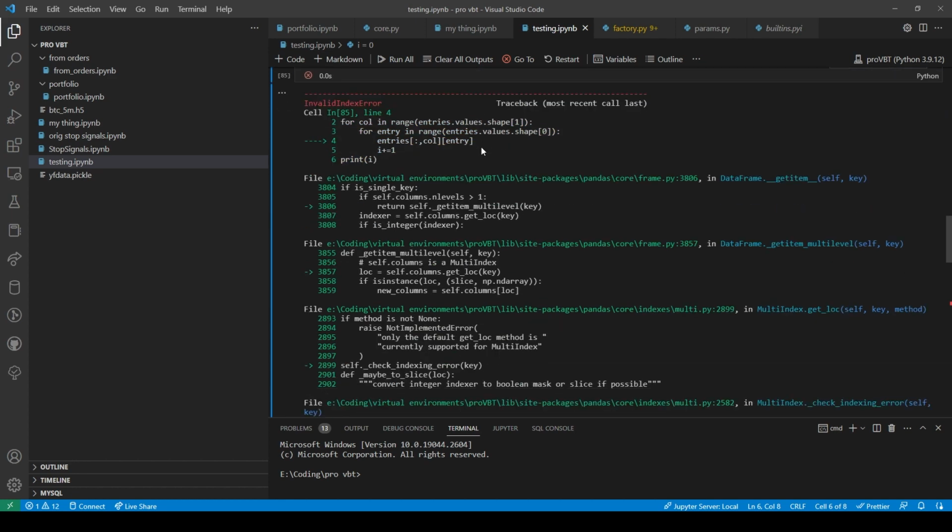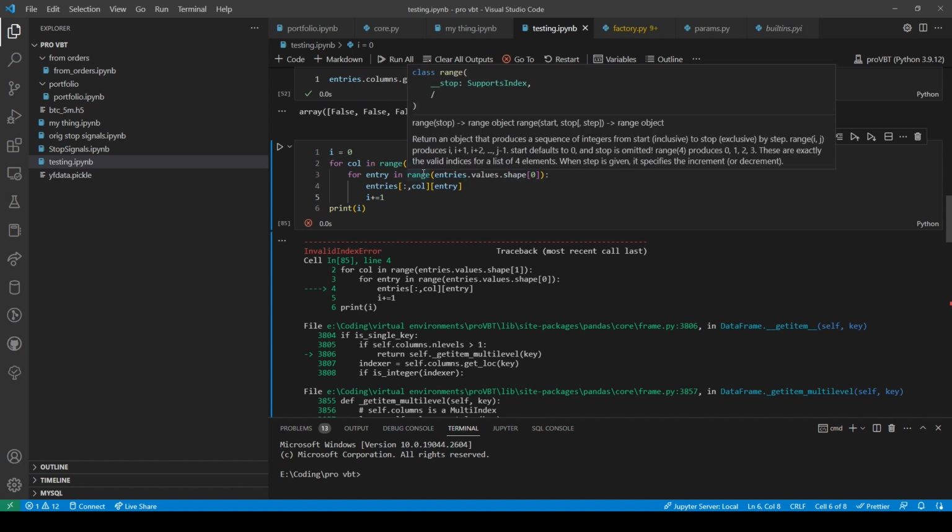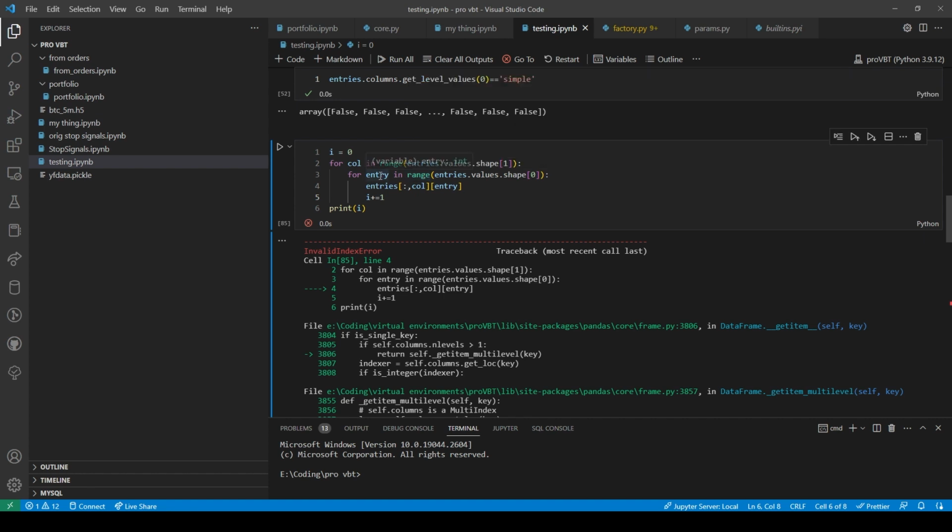What? For column in range entries dot values shape. Then we say for entry in range entries dot values dot shape. That's entries, all the rows of the first column.